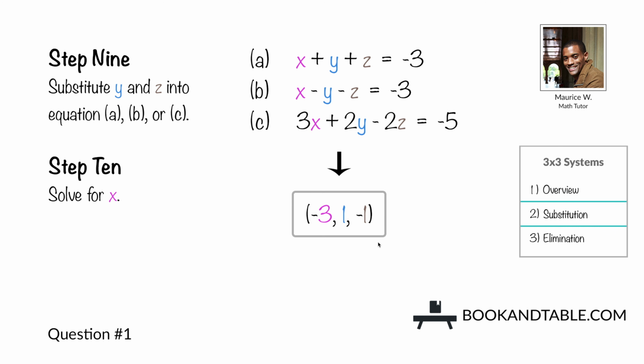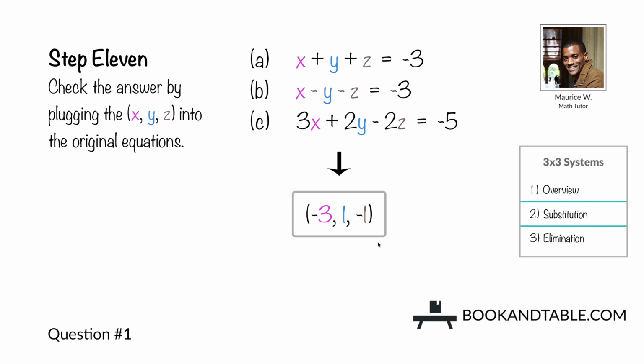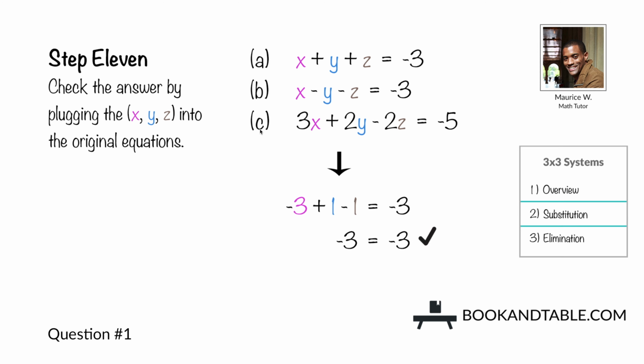And now, step 11, check the answer by plugging the x, y, z, negative 3, 1, and negative 1 into the original equations, A, B, and C. When we plug them into A, we get negative 3 plus 1, which is negative 2. Negative 2 minus 1 is negative 3. So we get a true statement, negative 3 is equal to negative 3, confirming that these are the correct values